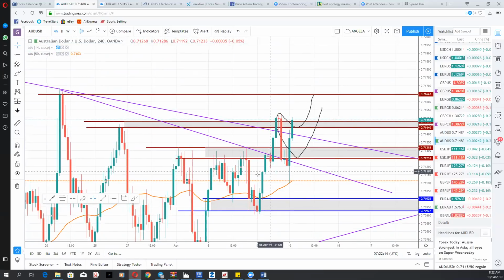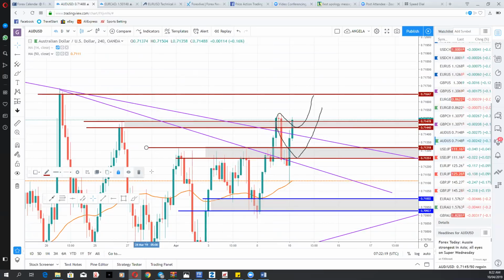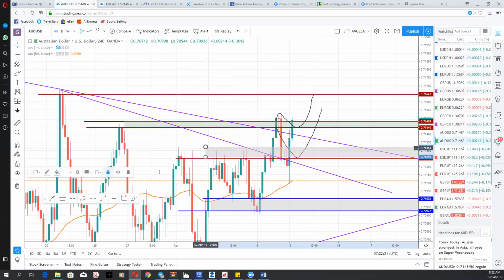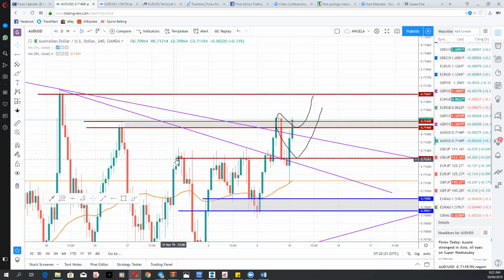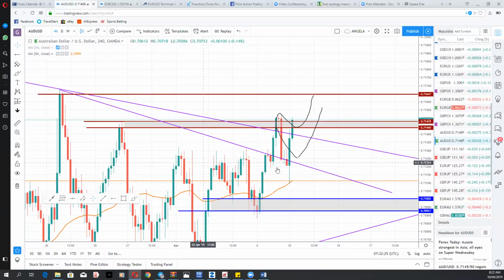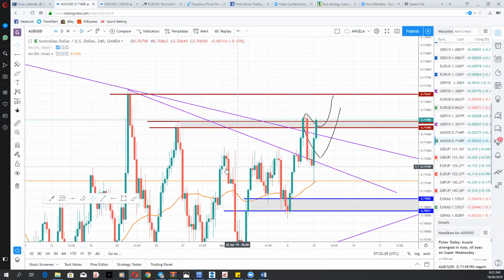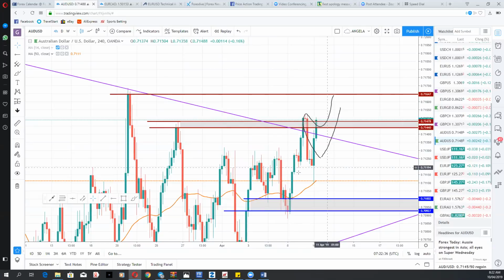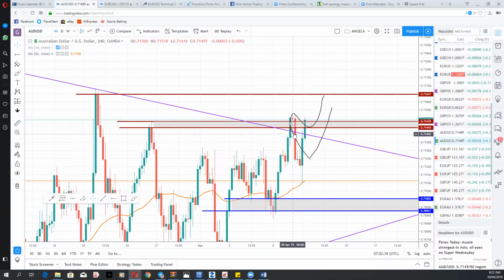Let me see. What level is the market respecting? The market is not respecting this level. It has no respect for it for now. So I will get rid of it. The market has no respect for it. And this trend line, I need to get rid of it. So now this is the game plan. This is resistance. And if you notice, there's a pin bar on the daily. Let me get rid of all this.